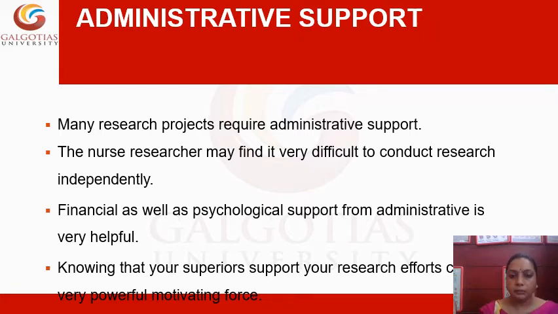For example, if you are taking nurses as your sample, until and unless they have got the permission from their nursing superintendent or administrative person, they are not to be involved in the study. Before being a part of the study, they have to take permission from the administrative staff whether they can participate or not, because we also have to see that no patient will be left behind because of this research, because our first priority is to care for our clients.